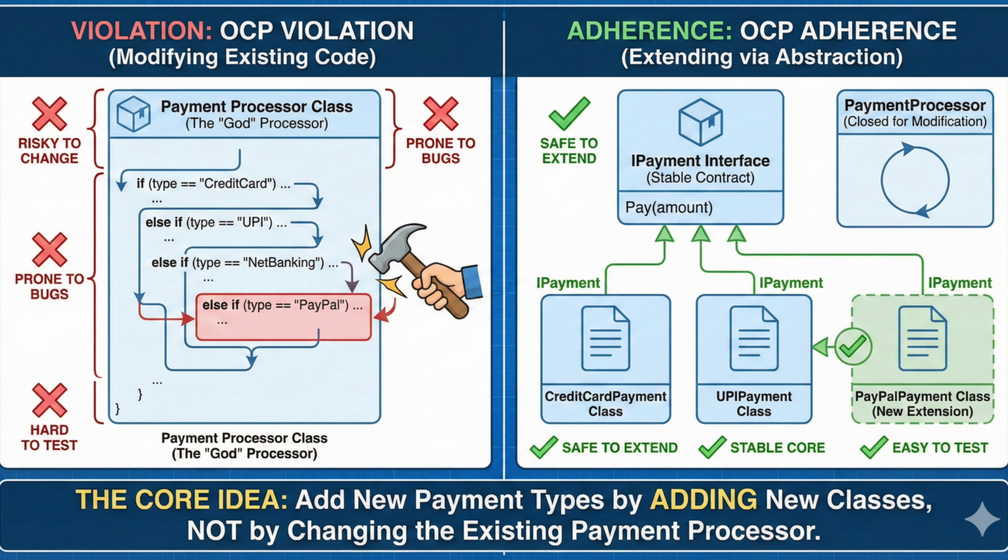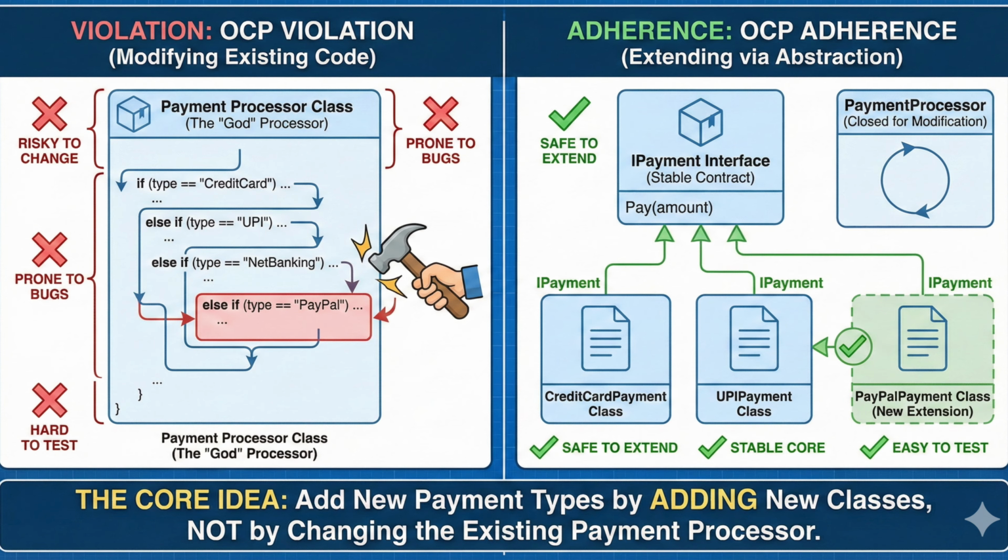This is the open-closed principle in action. On the left side of this image, we see a clear violation of the open-closed principle. Here, we have a single large payment processor class, often called the God processor, because it tries to handle everything inside one place. Inside this class, we keep writing multiple if and else if conditions like credit card, UPI, net